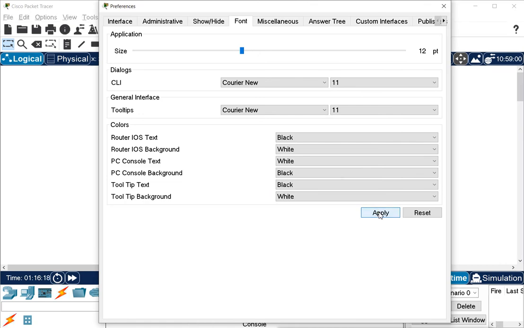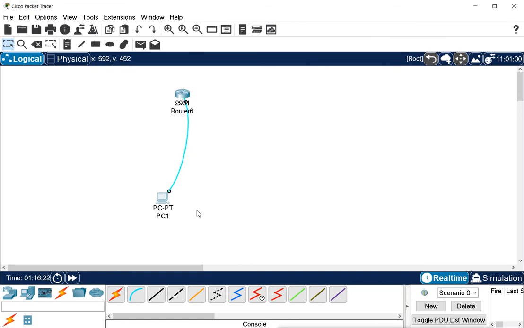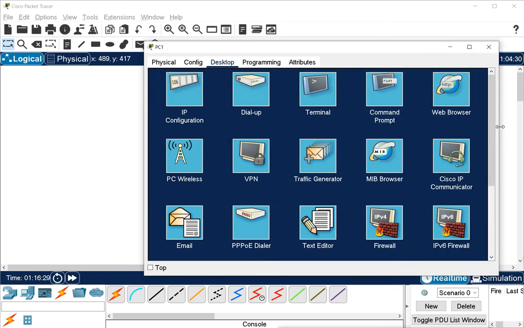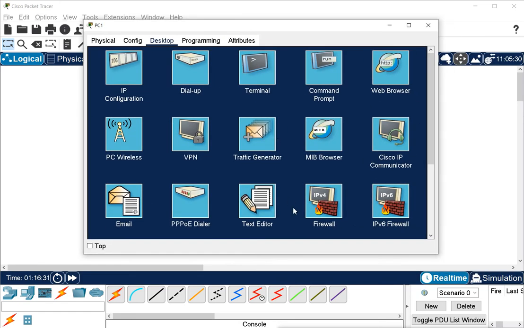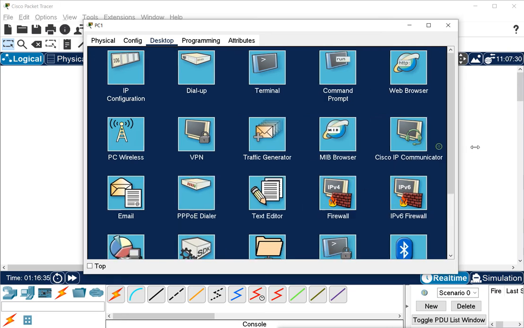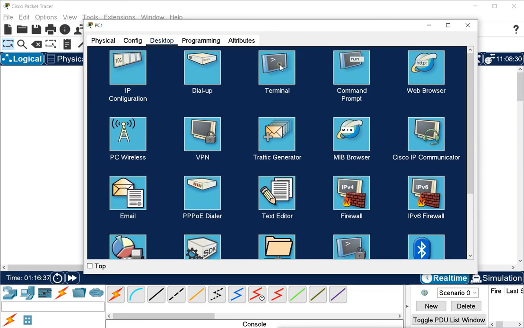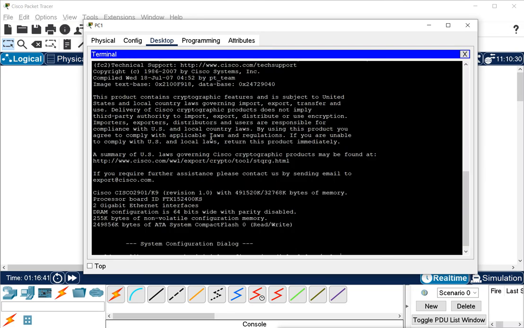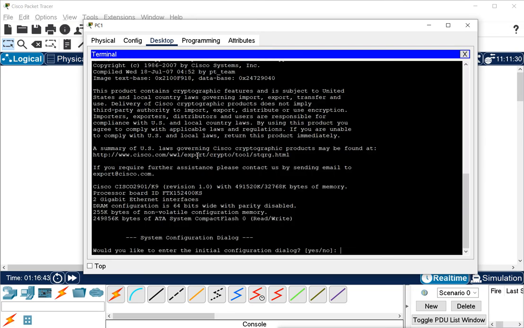Now when I apply this, I will go back to open this terminal again. So I go back to select the PC again, and then I will open the terminal again. So I will click on the terminal again. This is the bitrate. I say OK, and now we can see the text, and I think it is still looking very small.